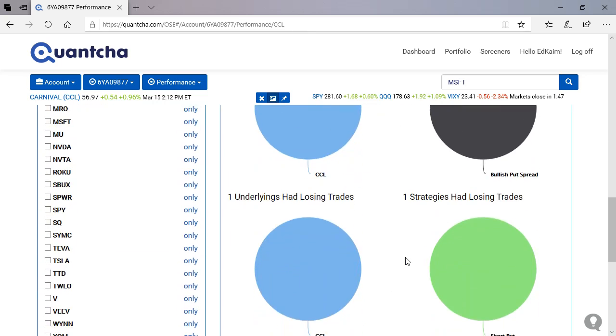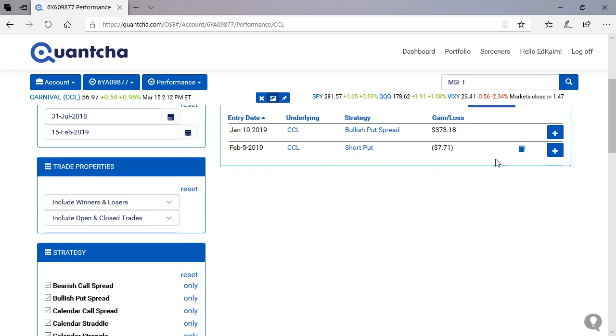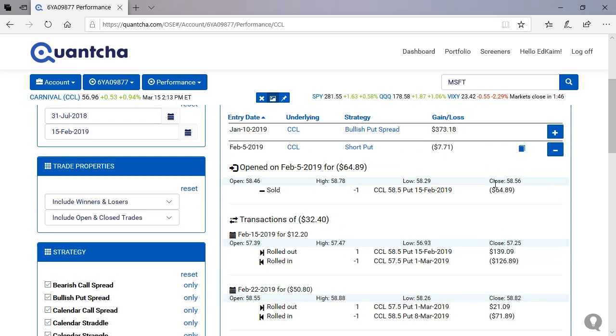I'm trying to see here if there's a good way to lay this out. It's better for us to just look at the trades. I mean, we have the short put that we're in here. This is a trade that we're slightly down on overall. As you can see, we sold the put, we rolled it, we rolled it. We've been kind of chasing it, looking for some profit in this 57.5 to 58.5 range. Unfortunately, it's kind of been down a little bit from when we first got into this, which was 58